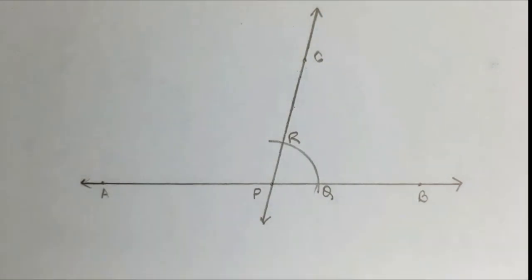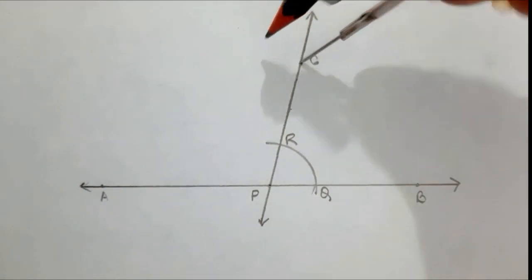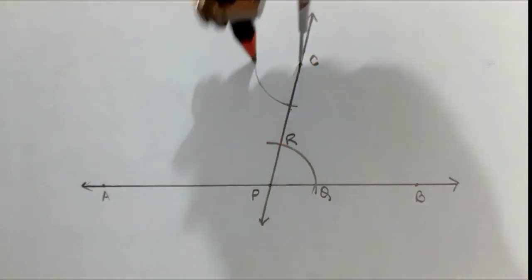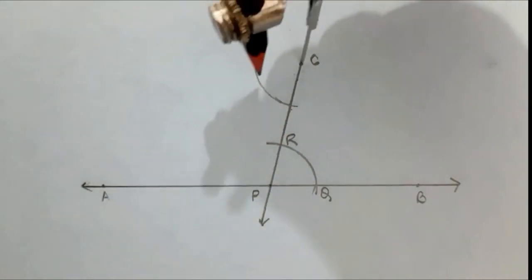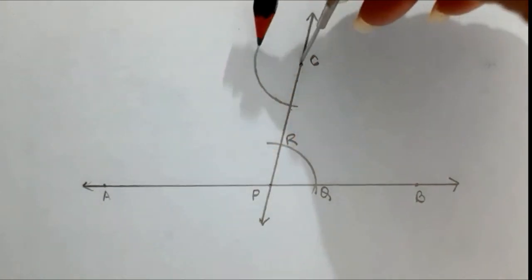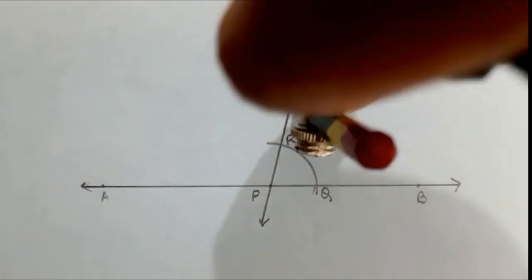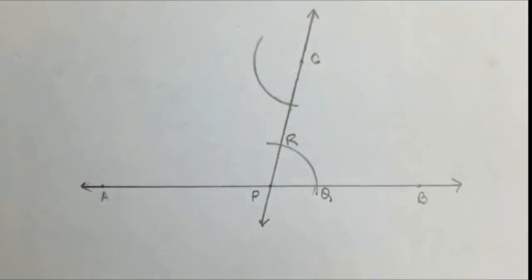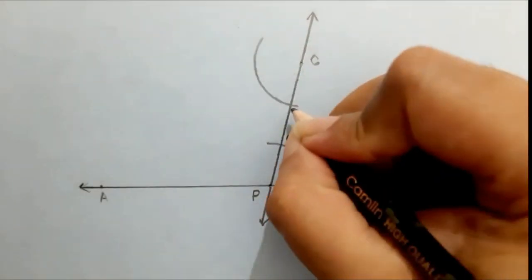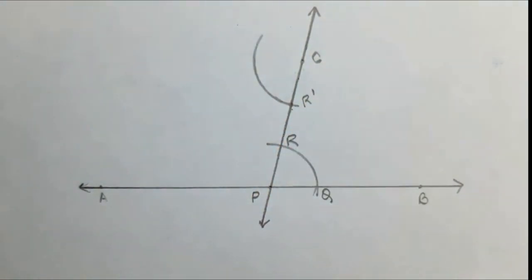Now we have to construct the copy of these points. So for that, what will we do? We'll not change the radius at all, and we'll place the pointer at C and construct the arc again. Okay, we'll just make it a little dark. So this is the arc with the same radius as we had taken for the first arc. So the second arc is also constructed with the same radius. Okay, so this second arc gives us the point R dash. That means it is the copy of point R, but we still have to construct the copy of point Q.